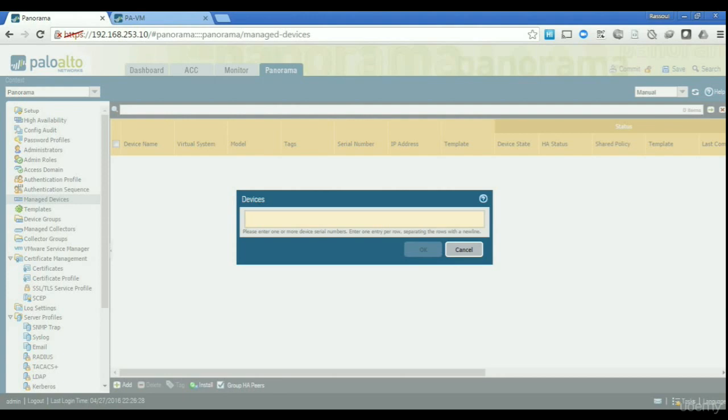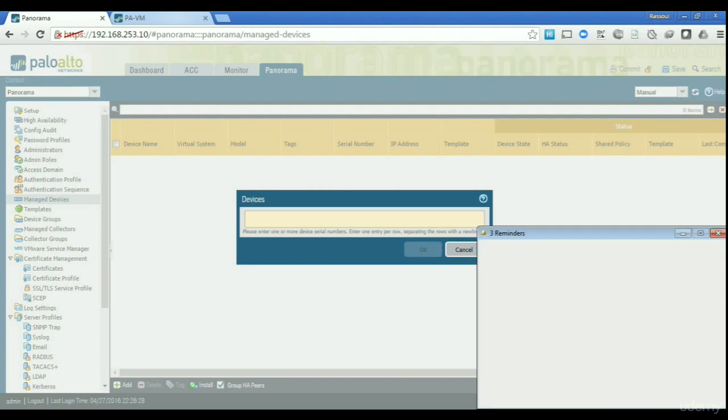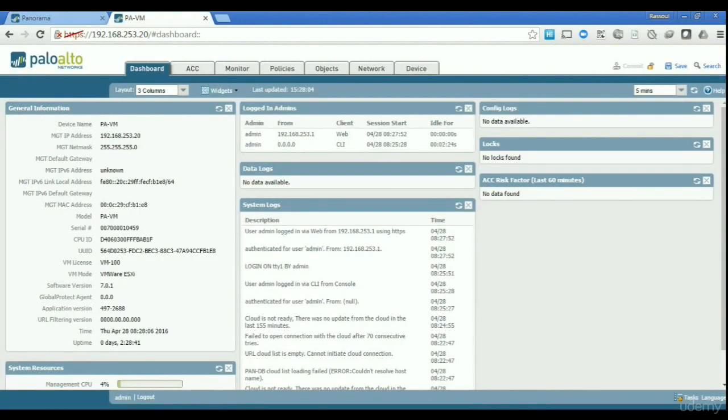It should be pretty straightforward. If you ask them, they should be able to give you like a one or two month trial anyway, so that shouldn't really be a big problem. So we go to find the serial number. We go back to our firewall here, and we just close my